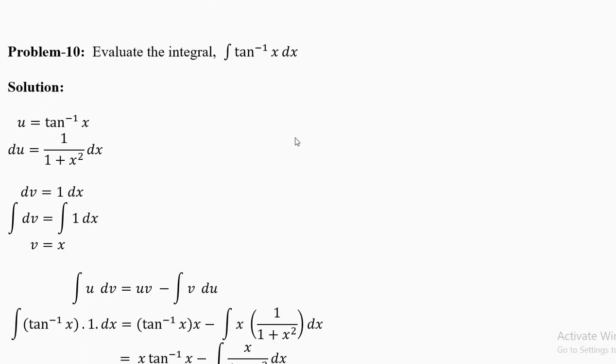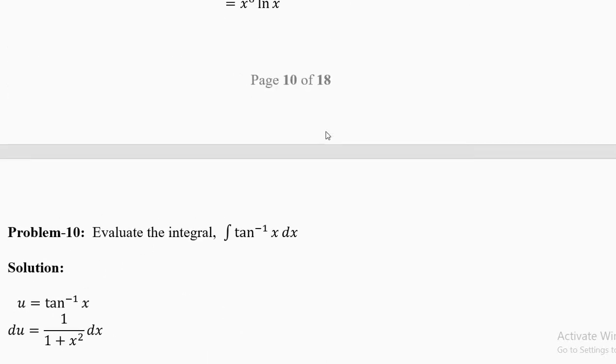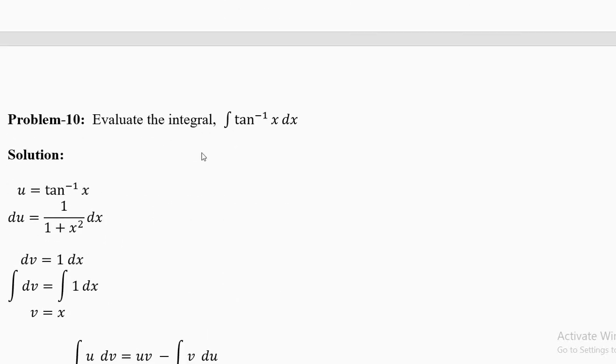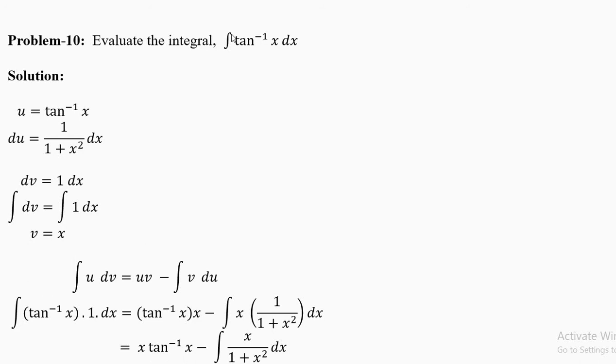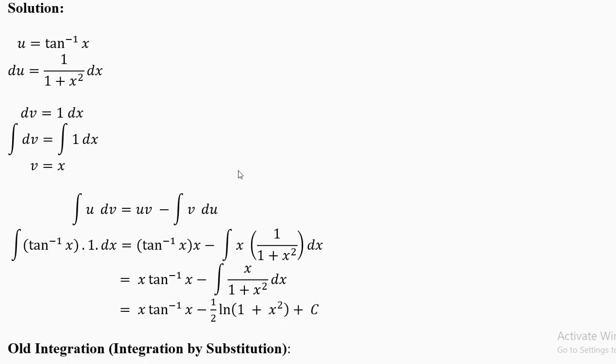Now again we'll do a function which is single function all alone. Last time it was ln x, now here it is tan inverse x in this example. Again we have a one sitting here which we are going to use. So put u equal to tan inverse x. If you have only one function, put u equal to that function. And put dv equal to 1 dx. So v equal to x. Derivative of tan inverse x is 1 divided by 1 plus x square. So please remember this from your differentiation classes.